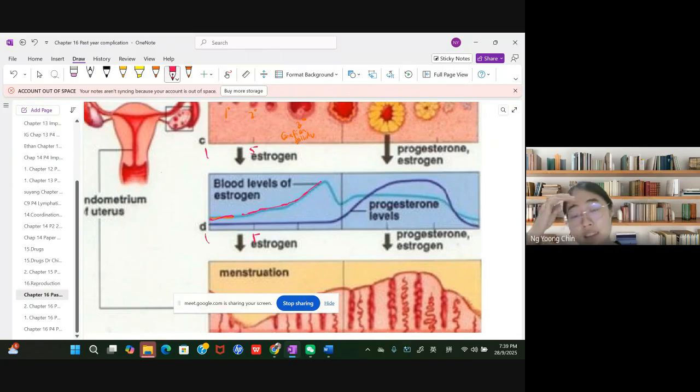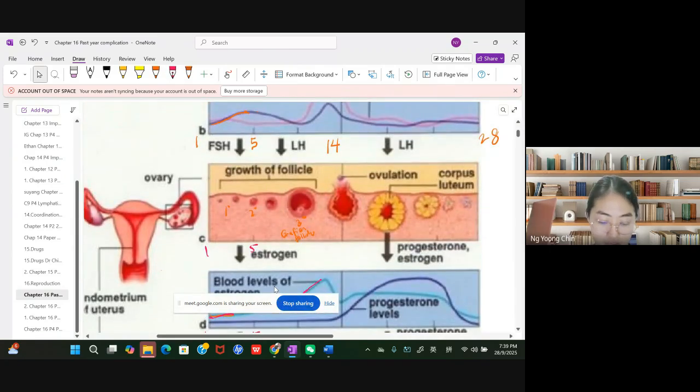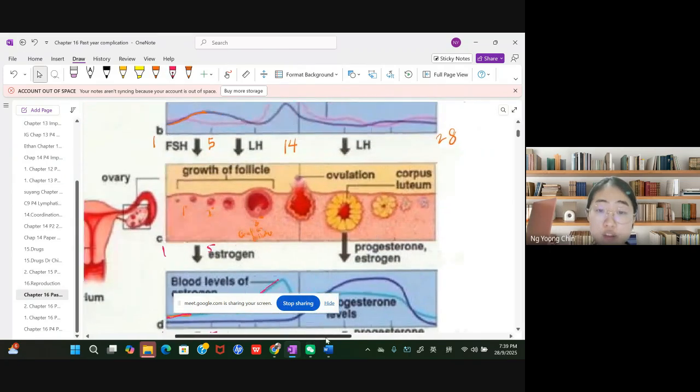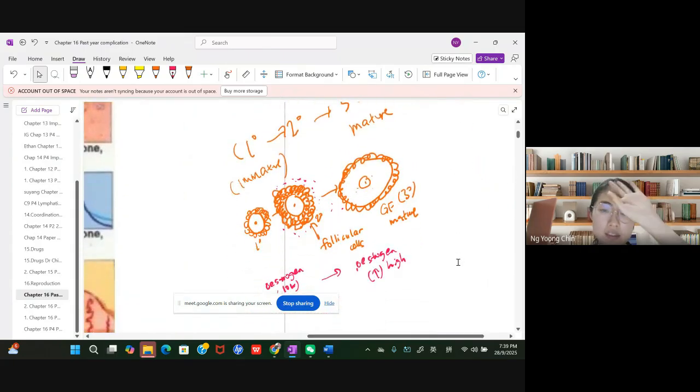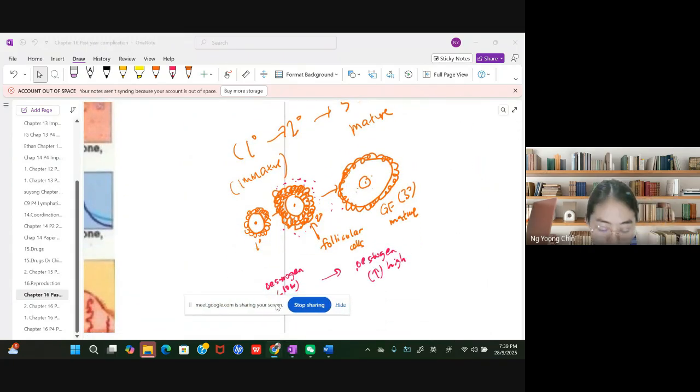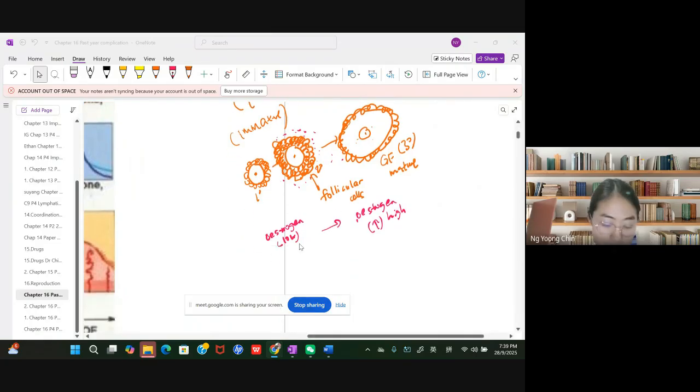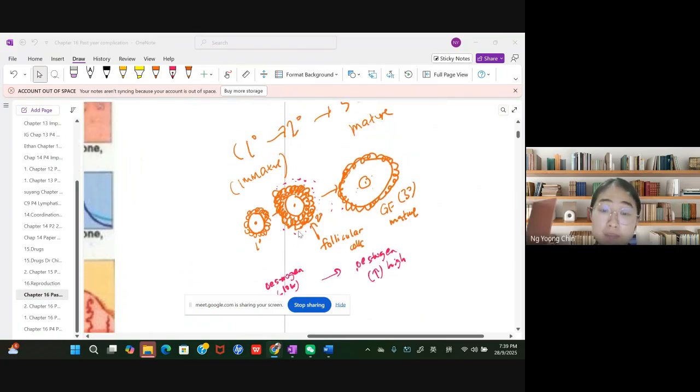From day 5 onwards, they are actually increasing in their level. So you can see the estrogen level slowly increasing, becoming higher and higher. This shows that the estrogen level is increasing. Estrogen can induce feedback towards the hypothalamus. If you have very low estrogen, you can induce a negative feedback to the